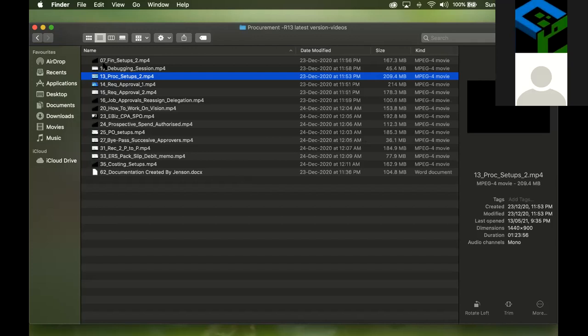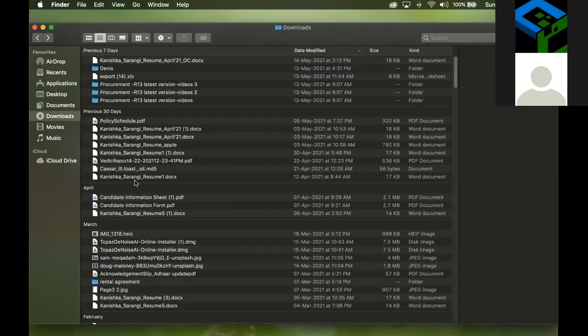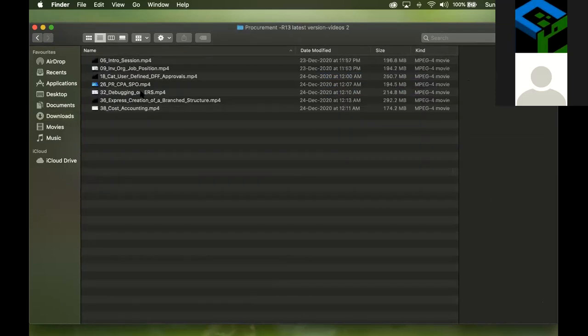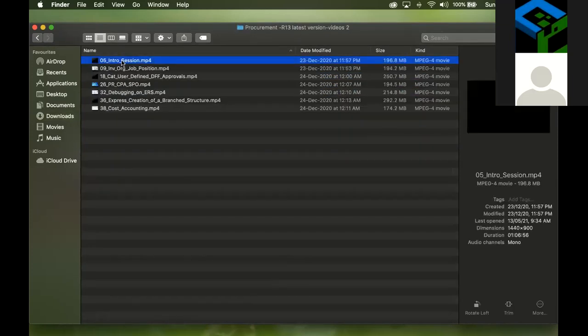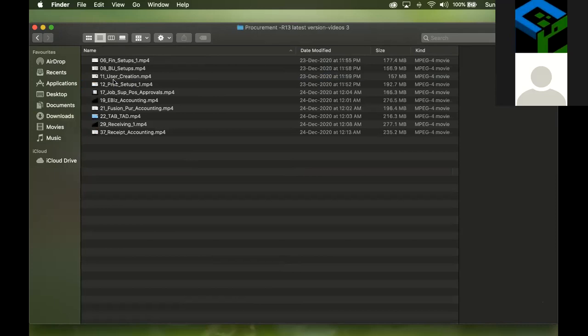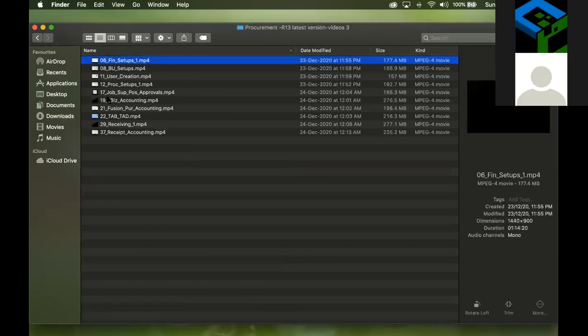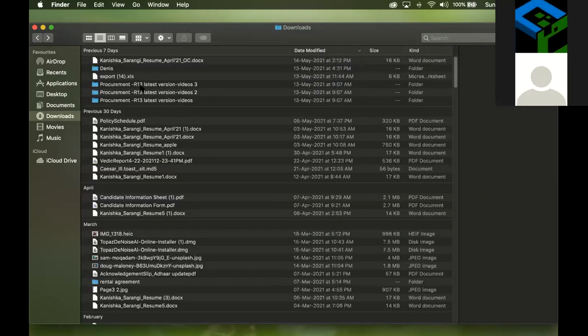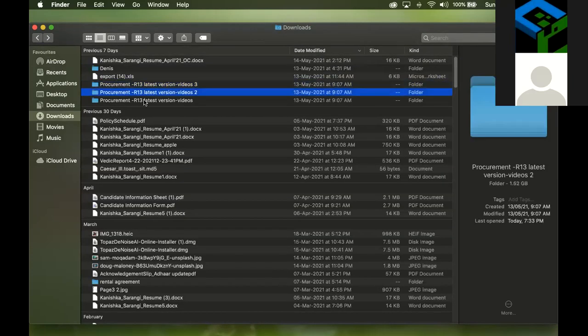Okay, so you're saying 7, 8, 9, 10, 13. It has started from 5. Okay, let me go to this folder then. See, 5 is here. That folder, some jumble happened. Okay, then I will follow this sequence. No problem. 5, 6, 7, 8, like that sequence. See, do one thing, put all these together into one folder. You follow the sequence. That's all. Yeah, let me do it that way.